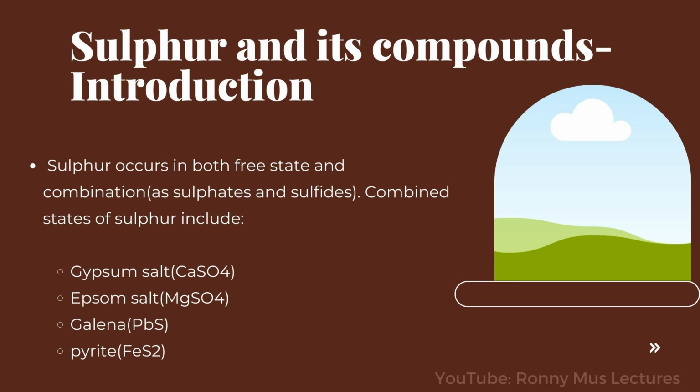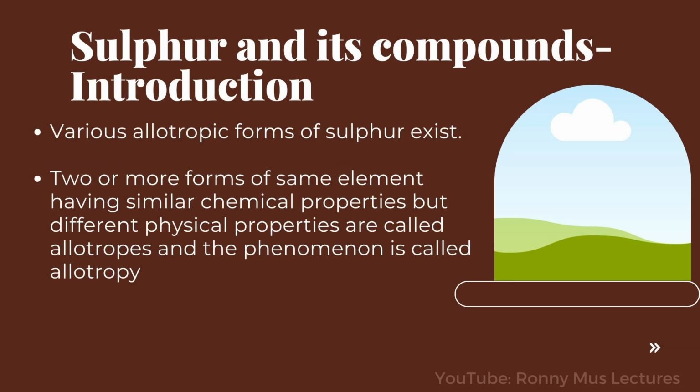sulfates and sulfides. Examples of combined states of sulfur include gypsum salt, which has calcium sulfate, Epsom salt, which has magnesium sulfate, galena, which is lead sulfide, and also pyrite, which is iron sulfide. There are various allotropic forms of sulfur, and we normally say that two or more forms of